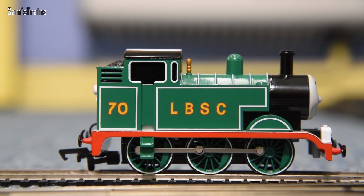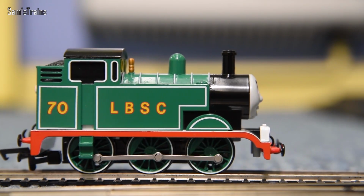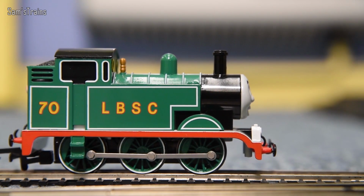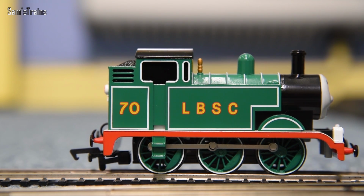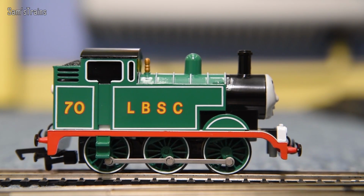So, I mean, as it's stalled. There we are. So the crawl isn't very good. I do really wonder then whether the change in motor is responsible for the different performance, because my other Bachmann Thomas I think is a really good crawler. I'll get this run in, and we'll see how it runs after that,